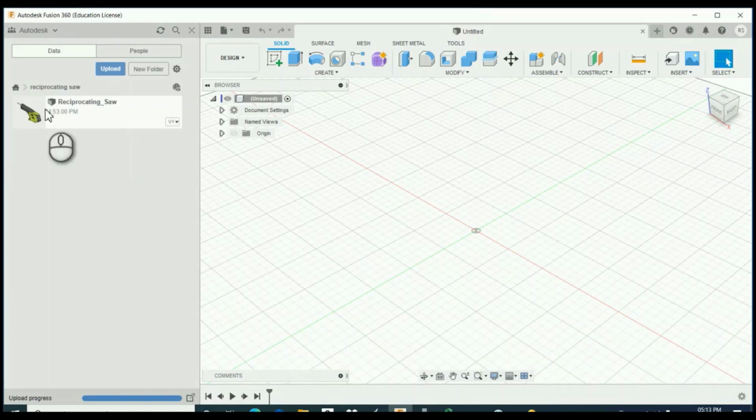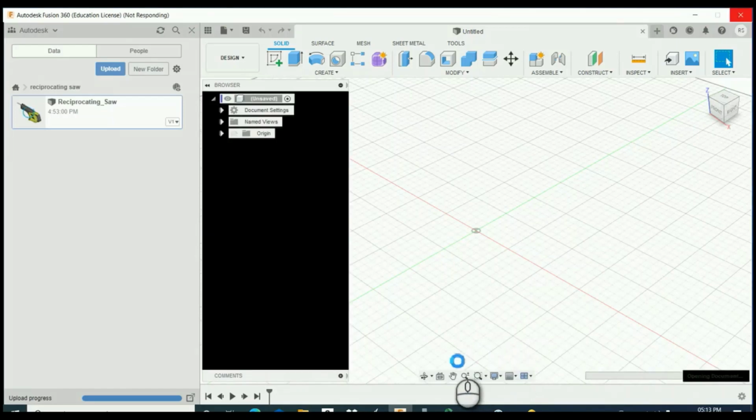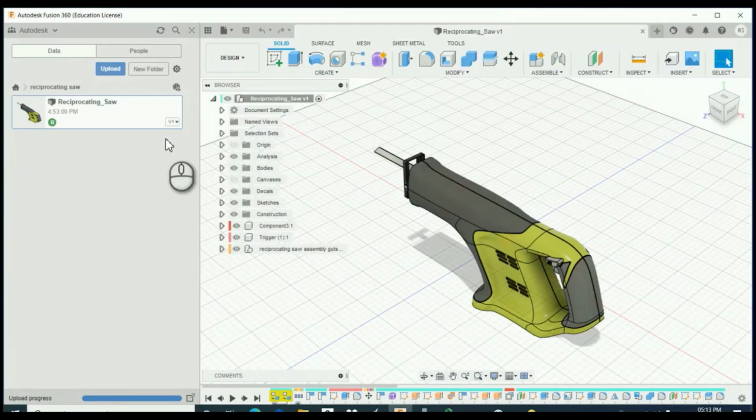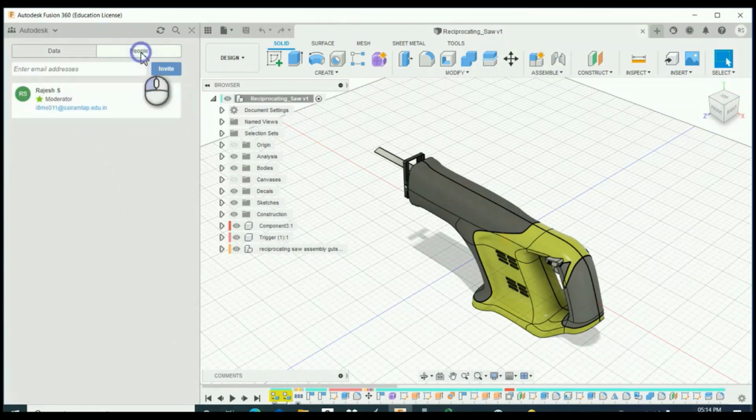This is our project. Double click the project to open that file. There is data. Data is the projects available, and under people, you can also invite your friends or clients to be a project contributor.